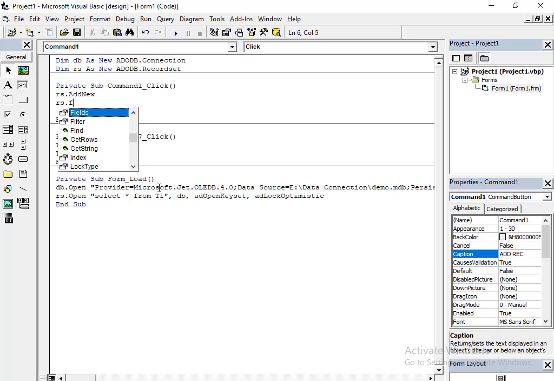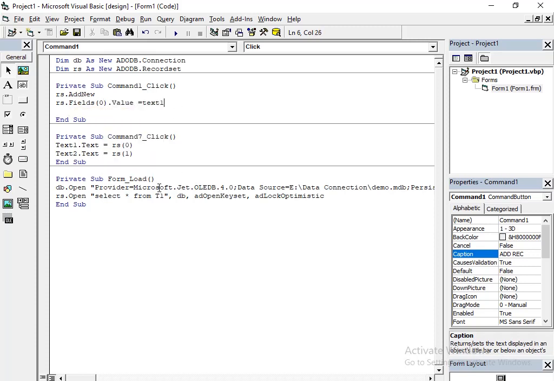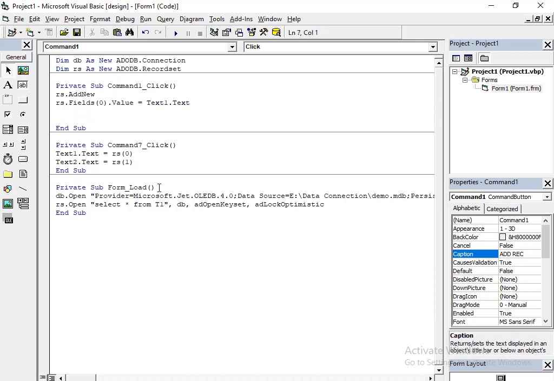Rs dot fields of 0 dot value equal to text1 dot text. So whatever the value I'm giving in the text box 1, that will transfer to rs of 0, that is the record's first field of my table.